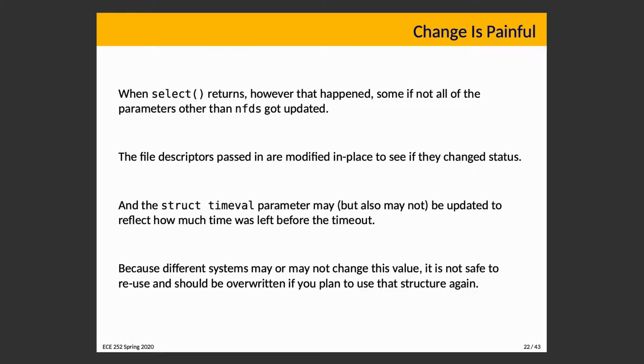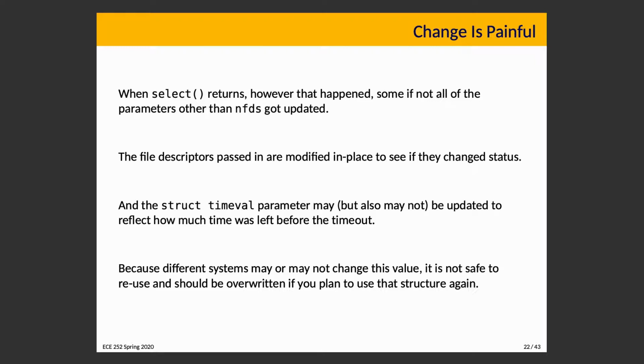When select returns, whether we reached the timeout, whether some data has arrived, whether an interrupt happened, something like that, some if not all of the parameters got updated other than nfds. So we passed in a set of file descriptors for read, a set for write, a set for exception, and those all got modified by select. They're modified in place to see if they change